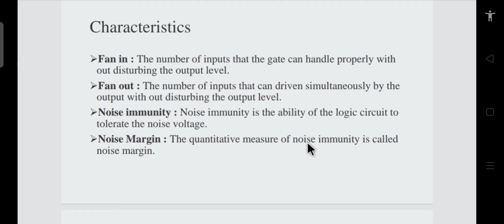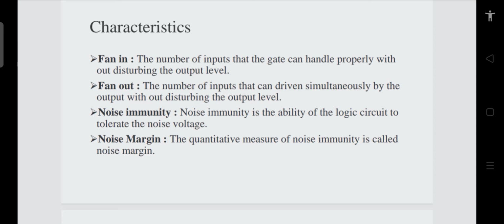So first let me give you a small definition of all these terminologies, and then later on we will see them in detail. So the fan-out is, whichever gate you are using, how many similar gates you can connect onto the output of that gate. So if you are using an AND gate, how many other AND gates in the same logic family you can connect on the output of that AND gate. Or if you are using a NAND gate, then how many similar NAND gates you can connect to the output of that NAND gate. So that is called its fan-out. So as many similar gates as you can connect, that is called the fan-out of that logic family.